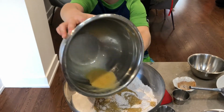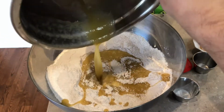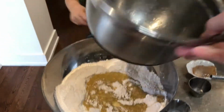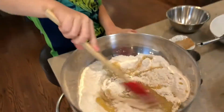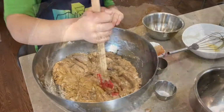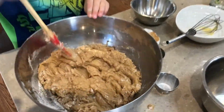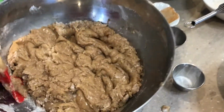There's still a little bit left. Okay, so pour it all in. Good. Here, I'll spatula it out. Now you use your spatula. You're gonna carefully mix it all together. Okay, so just when your flour and your dry ingredients and your wet ingredients come together like this, okay,